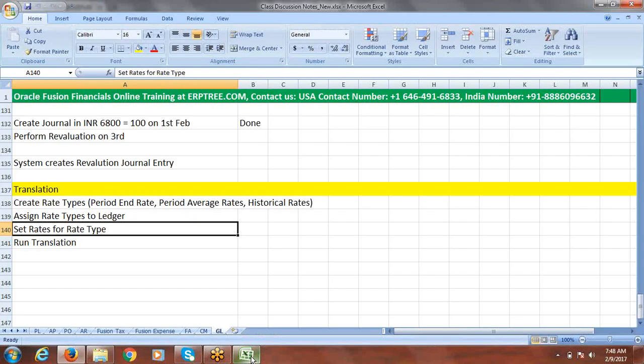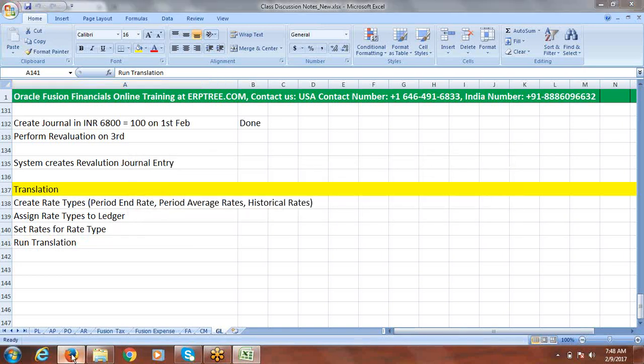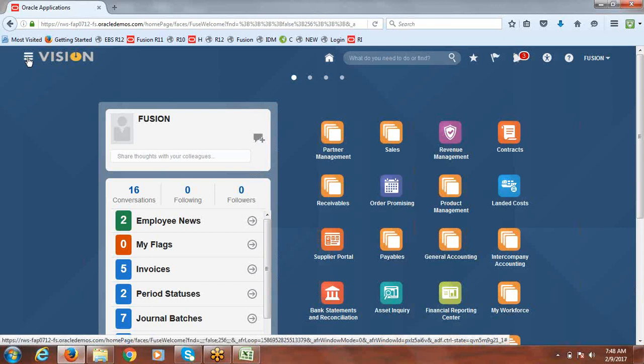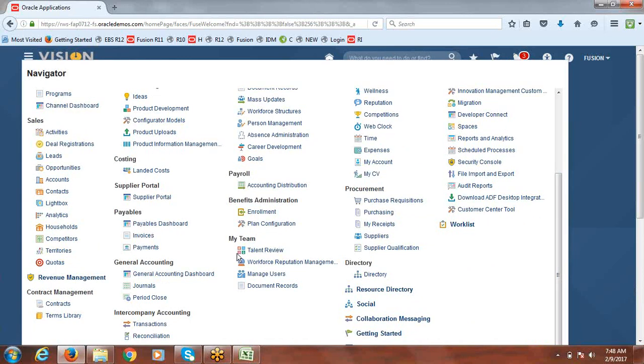Okay. Then we define rates for period end and average rates. After that, now we can go and run the translation. To run the translation, we'll take the navigation. Go to navigator, and under general accounting, go to period close.